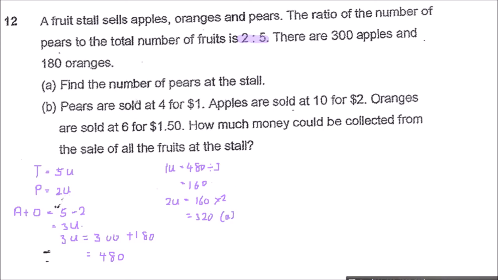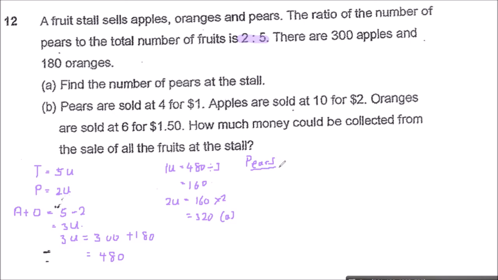Okay, next. The pears are sold at 4 for $1. Apples will be 10 for $2. Oranges are sold at 6 for $1.50. So how much money can be collected from the sales of all the fruits at the store? Okay guys, so now we do it step by step. Can we find out how much money will be collected from the pears? So from the pears,